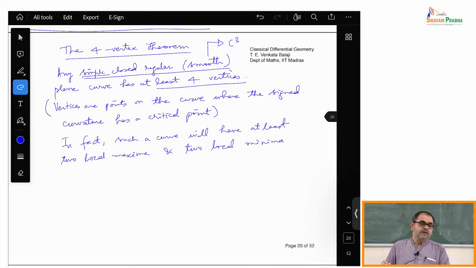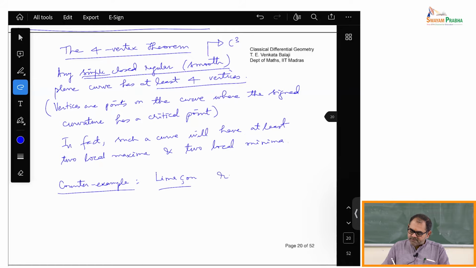Of all these things, the fact that the curve is simple is very, very important, and a standard counterexample is given by the limacon. Let me tell you about this counterexample. The counterexample is the limacon,